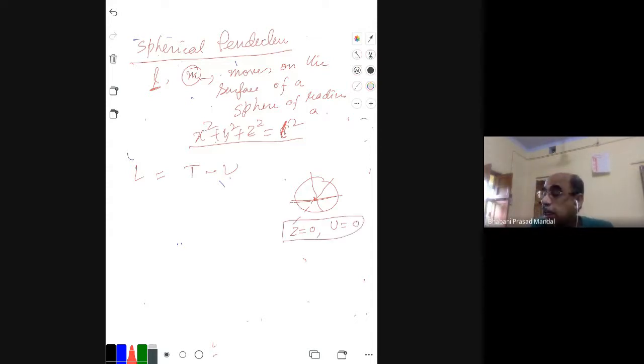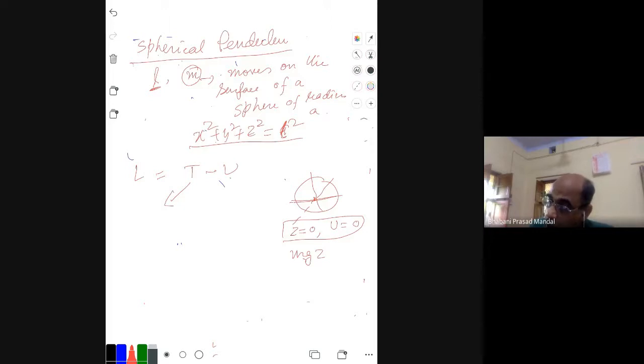The potential energy at the z equal to 0 plane is 0. So my potential energy will be mgz. If z is going downward, then z is negative, so the potential energy will be negative. If it is on the upper side, it is positive. Now I should write the kinetic energy